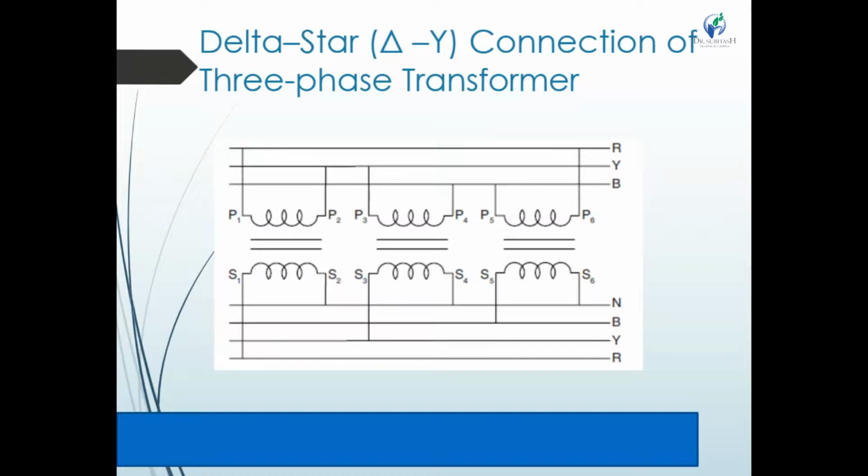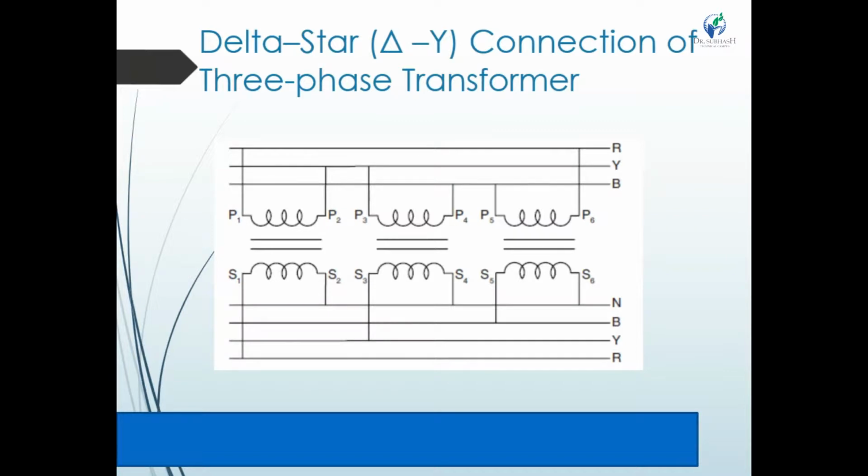Here are also advantages and some disadvantages. The advantages are: no distortion due to third harmonic component. Large load can be handled due to star type secondary. Small cross section wire can be used on the primary side due to delta connection. Some disadvantages are that there is a phase shift of 30 degrees between primary and secondary. So it is not possible to operate the delta-star connection in parallel with star-star or delta-delta configuration.